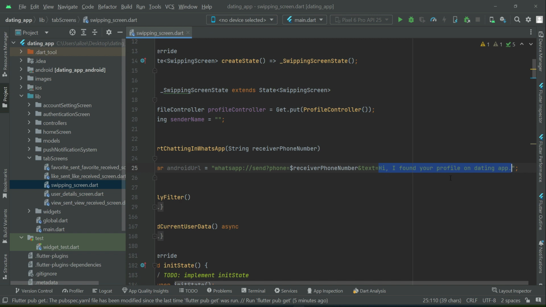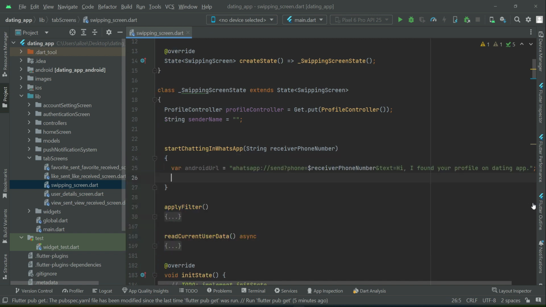Then we have to define it for the iOS. So for the iOS, that is if you are testing this application on your iPhone, for the iPhone the URL is a little bit different. For the iPhone we have https://wa.me/ and after it you have to provide the number,